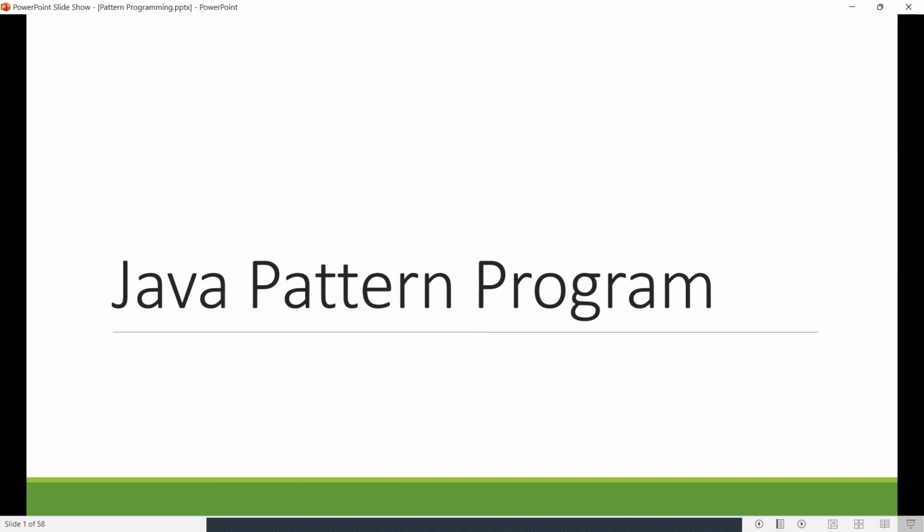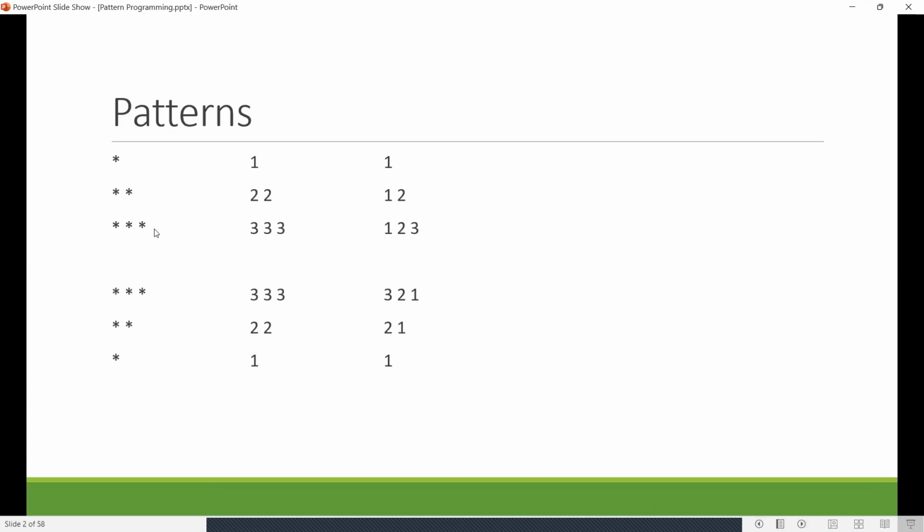Hello everyone, welcome to this video on Java pattern programming. In this video, we will look at patterns which are left-based triangular patterns. Some of the examples that we will look at in this video are the right-angled star pattern, the 1, 2, 2, 3, 3 pattern, and the 1, 1, 2, 1, 2, 3 pattern, and in the next video, we will take up